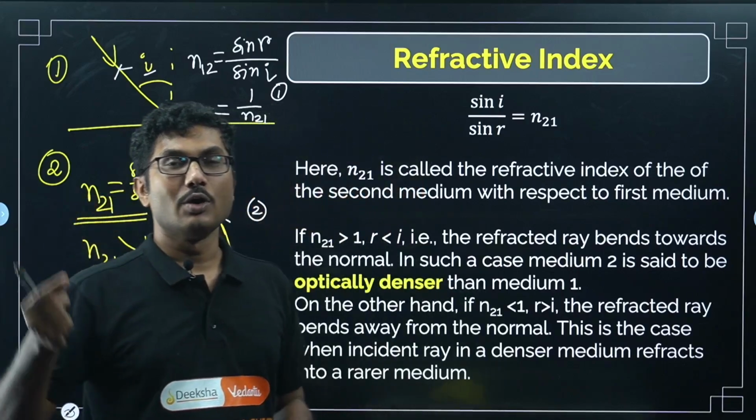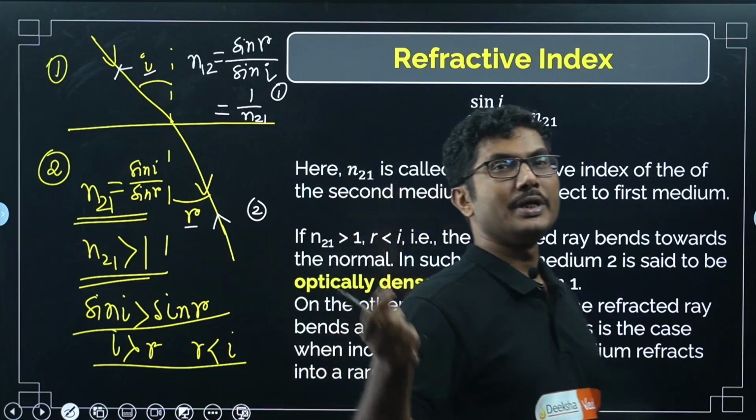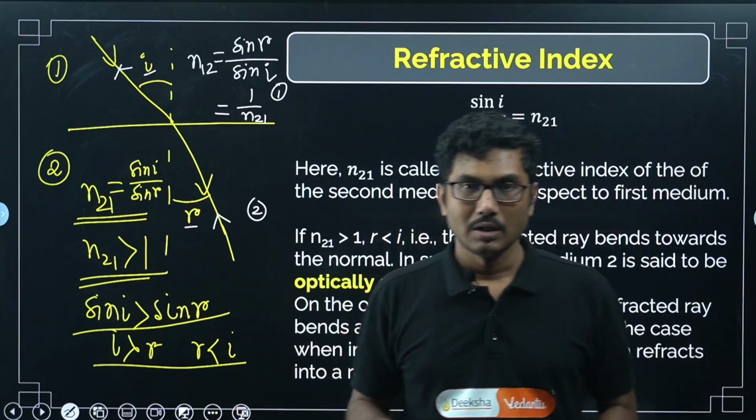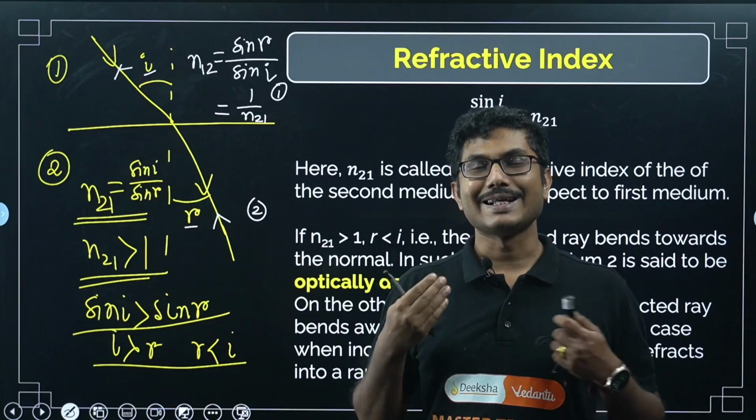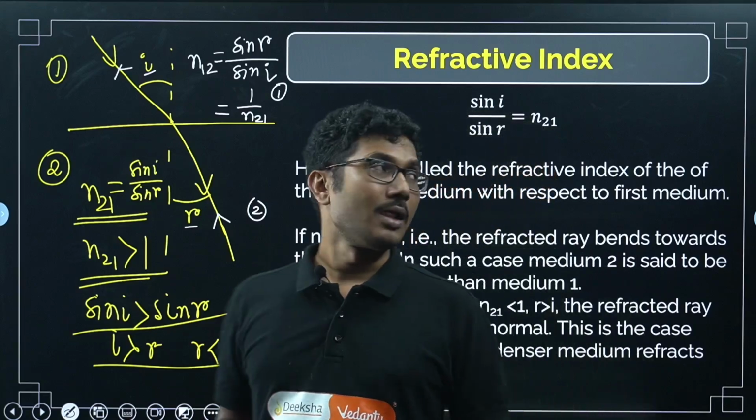So if they ask you, a light ray is traveling from one medium to another medium and it bends towards the normal, then what type of medium is it? It is a denser medium, an optically denser medium. Okay, now